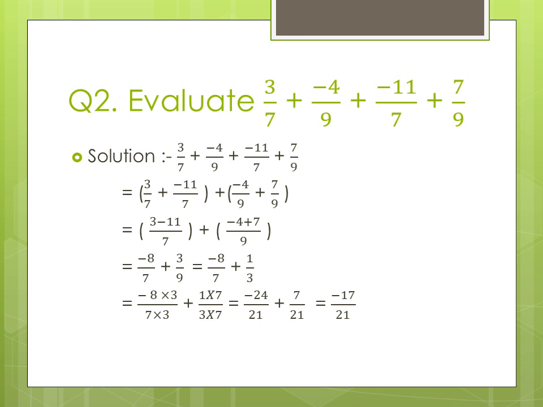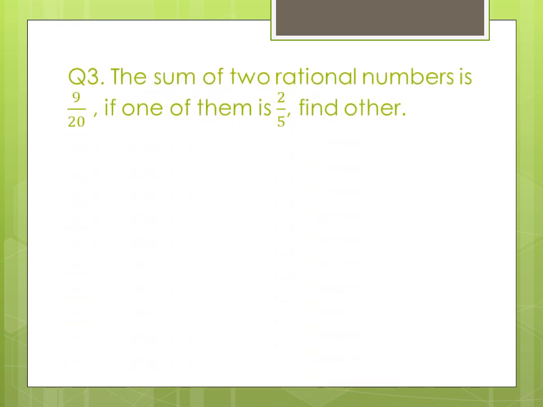So what do we get is, in the first term we got minus 24 upon 21, in second term we got 7 upon 21. So then denominator is same, we can simply add them up. The numerator part we got answer as minus 17 upon 21. So you have to be careful, you have to look at the combination, which two terms you have to add. Now look at some other question.